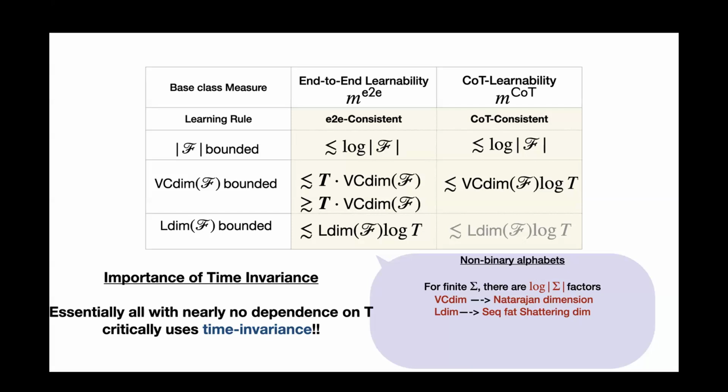But remember that since you care about end-to-end error being epsilon bounded, you might have to learn each step with epsilon over t accuracy. Even with chain of thought, the naive bound is that to get end-to-end error of epsilon, you have to learn each step with epsilon over t accuracy, and then you directly get t over t times the VC dimension of F over epsilon with this type of argument. So the fact that the end-to-end sample complexity here is bounded by VC times log t is doing something better than the argument I just described. And you have to agree on this global end-to-end objective,